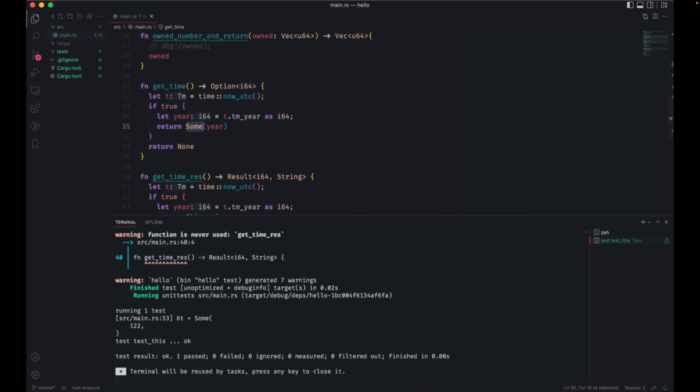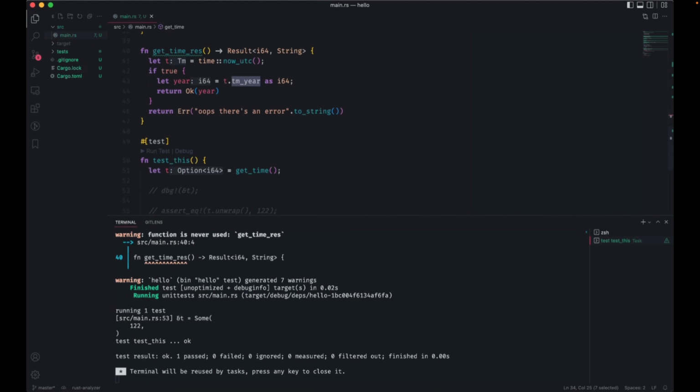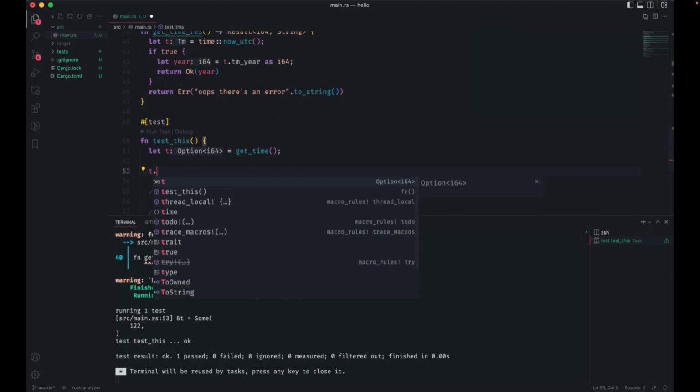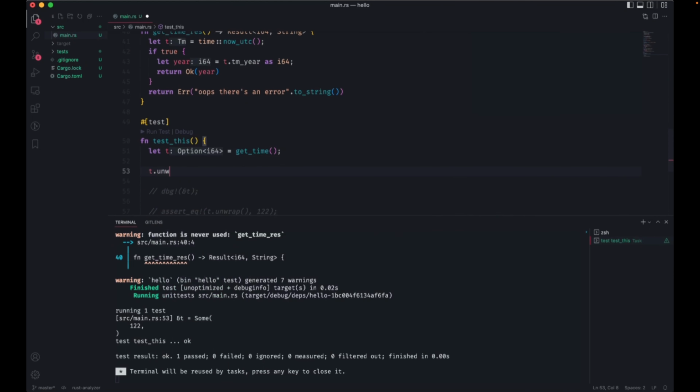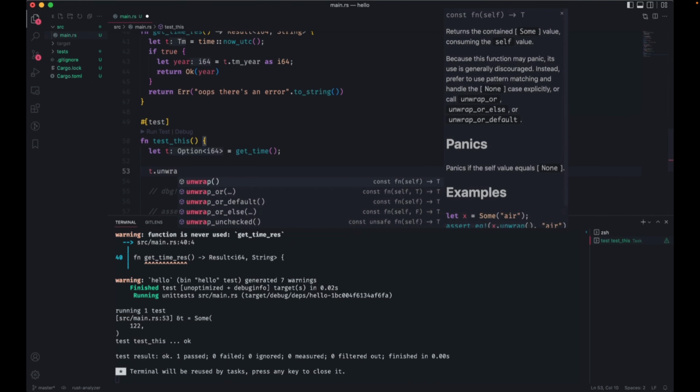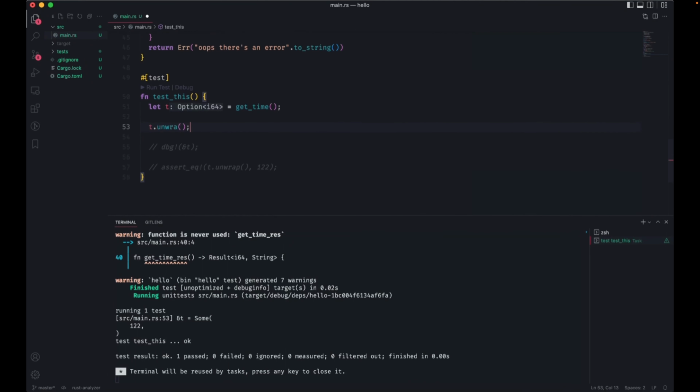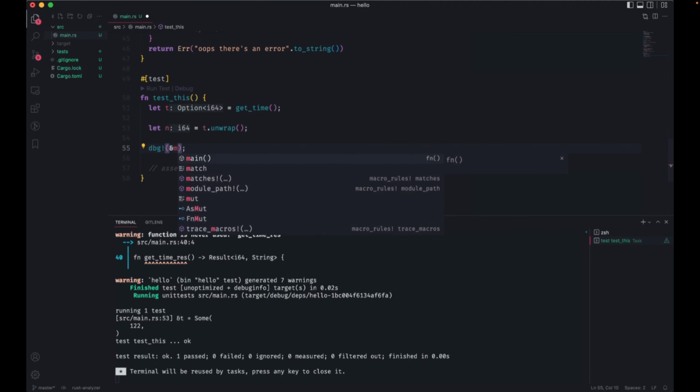I'm returning a Some of the thing I'm interested in, which is this year field from my TM object. What that means is that I can use the unwrap method of the option type. I can unwrap it into something else. So let n equal this, and I can debug n.